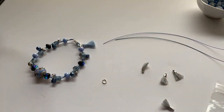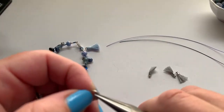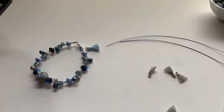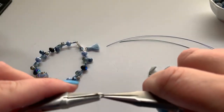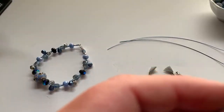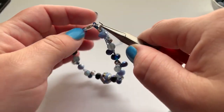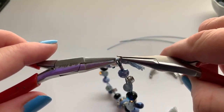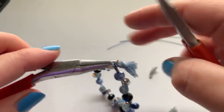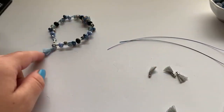But first, I am gonna pick up, oh, sorry. Ow, I hit my toe. First, I'm gonna pick up a jump ring and just open that and add a little tassel to the bracelet because tassels make things more fun. Okay, now that feels complete. And because this little tassel is very tanzanite in color, I think the tanzanite wire is going to be super good